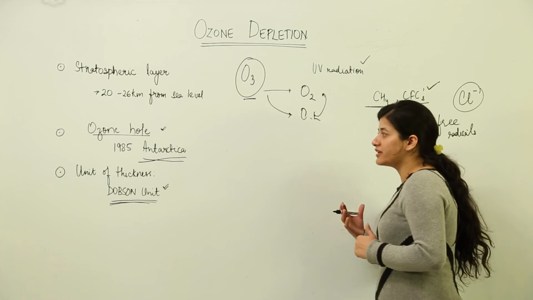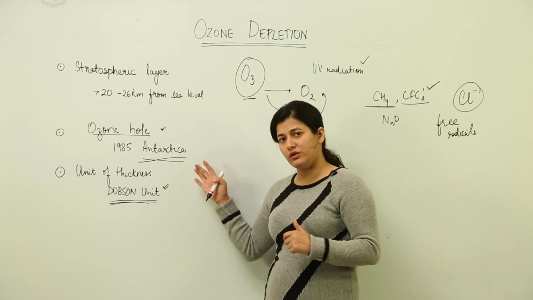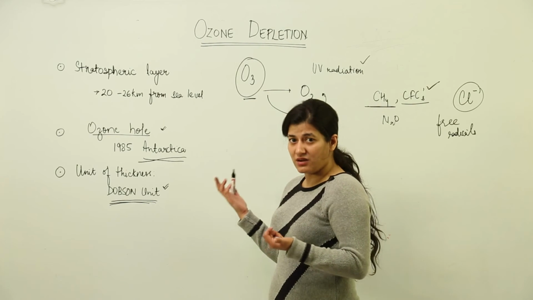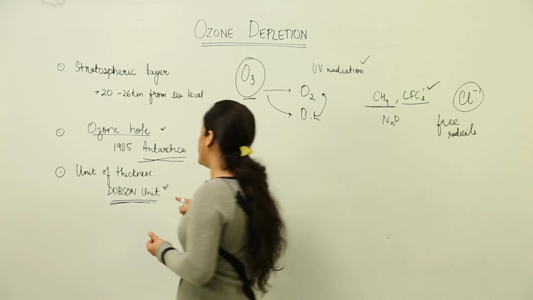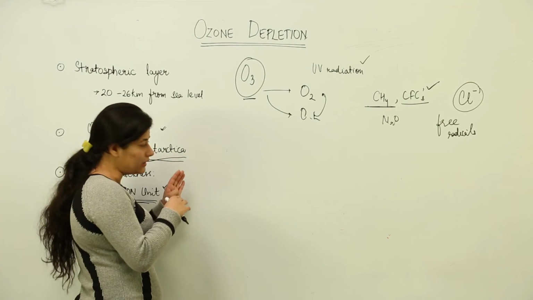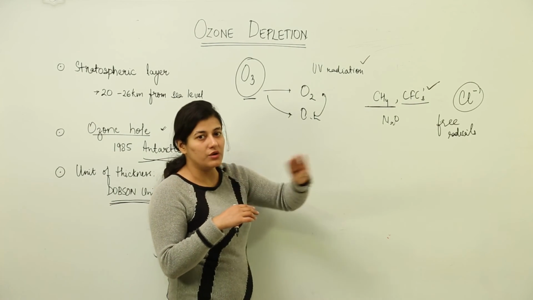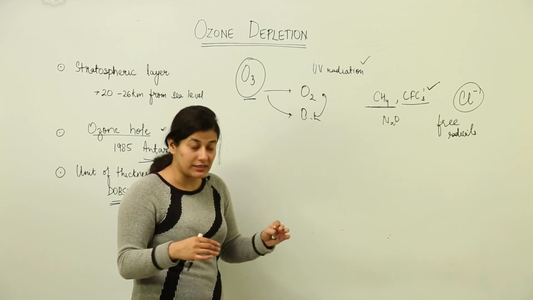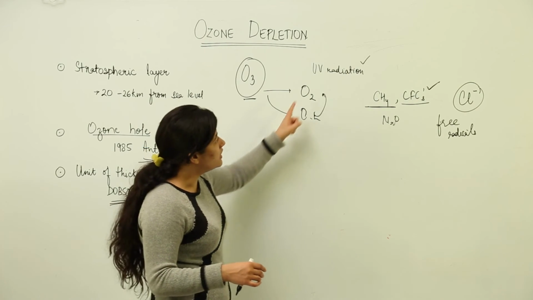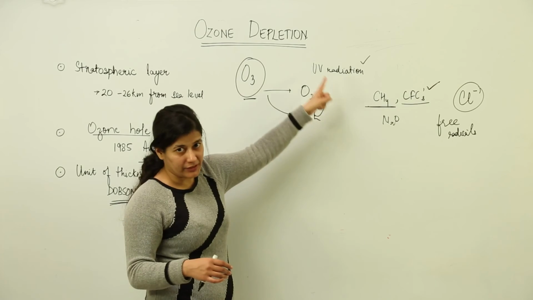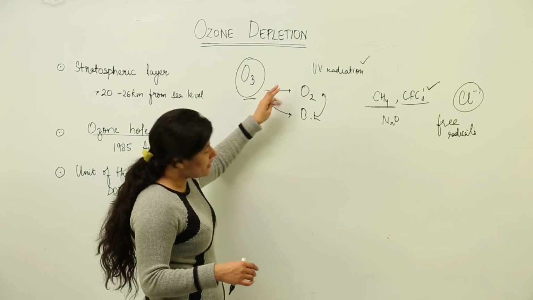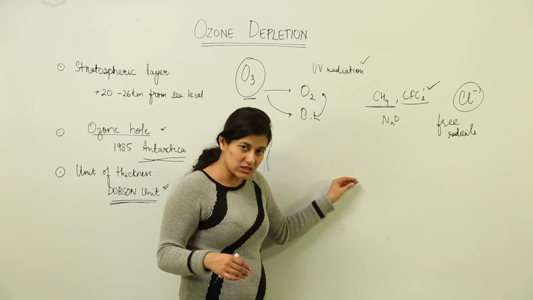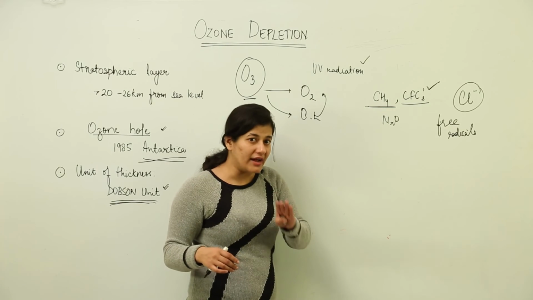And what are the ill effects? If there is a hole in the ozone layer over Antarctica, it is not going to affect us directly, so we might not consider it an environmental issue, but yes, it does have an effect on everybody, even though it is over Antarctica, because these chlorine free radicals are never going to get used up. They are going to increase in number and make the ozone thinner and thinner, and as the ozone becomes thinner, the UV radiation, which was earlier trapped in this reaction, will be able to penetrate the atmospheric ozone, come down to the Earth's surface and interact with living beings.